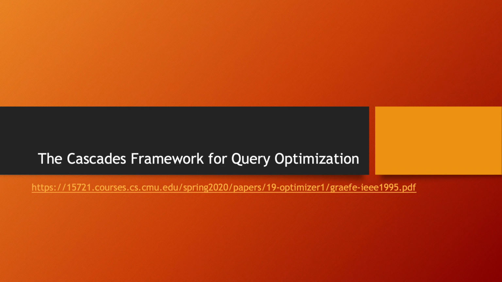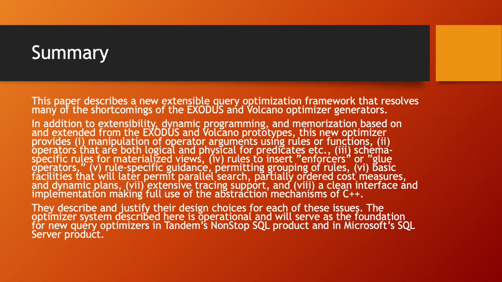Paper of the day is the Cascades framework for query optimization. This paper describes a new extensible query optimization framework that resolves many of the shortcomings of the Exodus and Volcano optimizer generators. In addition to extensibility, dynamic programming, and memoization based on the extended from the Exodus and Volcano prototypes,